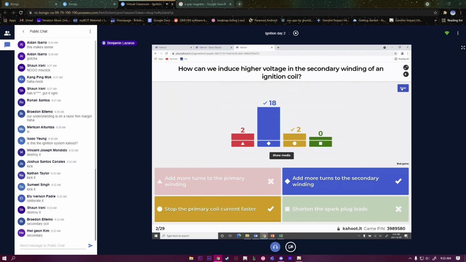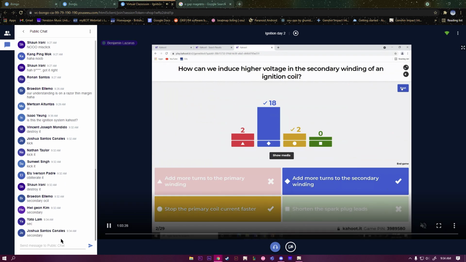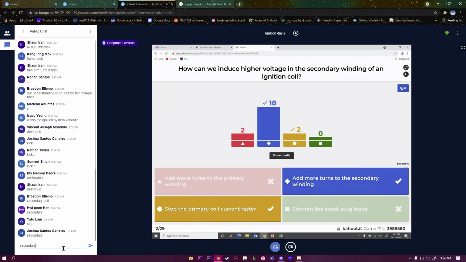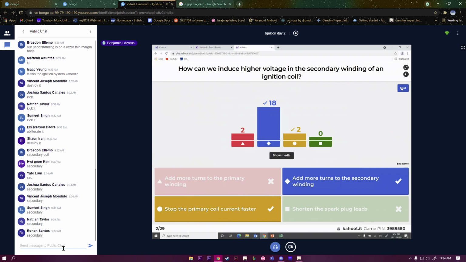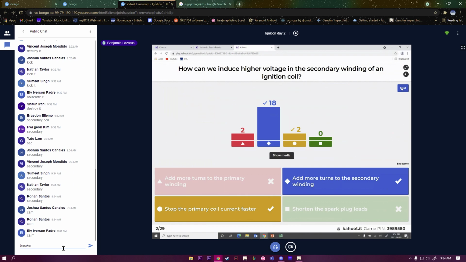Right, add more turns to the secondary winding. So which has more turns, primary or the secondary? The secondary, right. That's to produce higher voltage. What part in the magneto is used to stop the current faster? What part in the primary circuit is used to stop that current faster? The cam opens the breaker points,